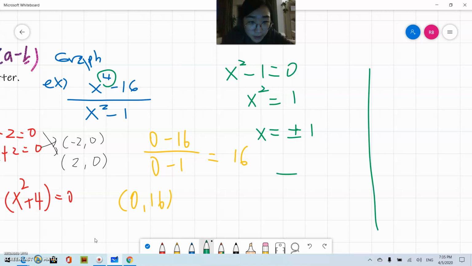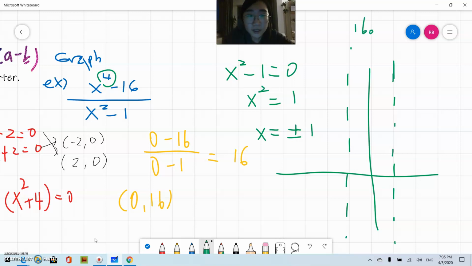So if I roughly sketch this, I don't have much time, so forgive me. Somewhere 16, and then 2, and 2. I don't know exactly, but it will look